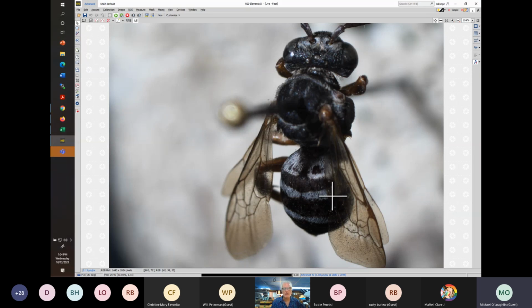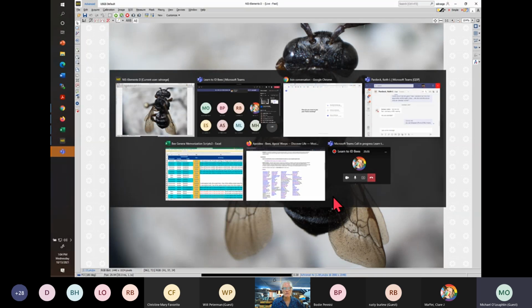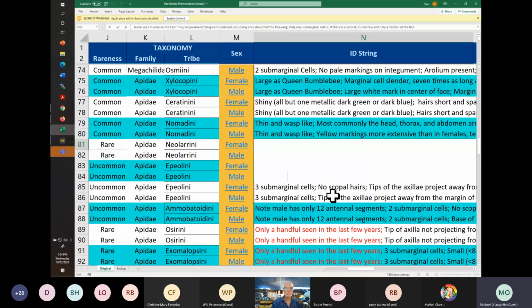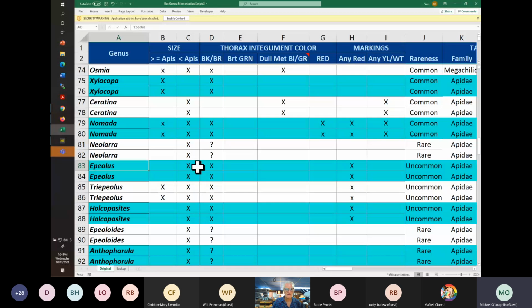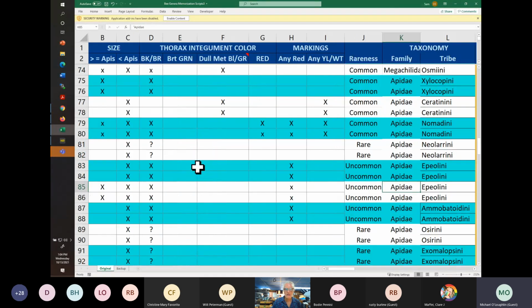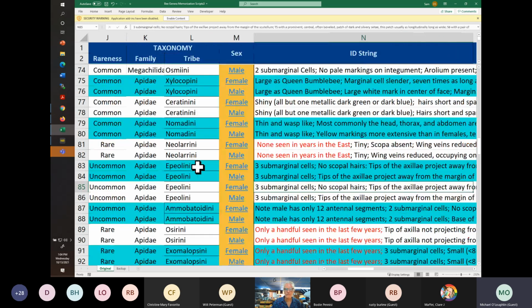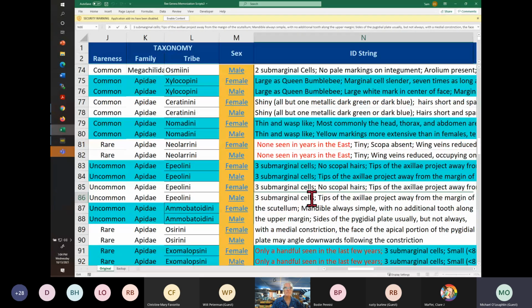So let's flip now to the bee genera memorization chart. And what we'll find is that I think this is Triepeolus here, and we're looking at a male. So we'll go down one. You'll find that the problems are Triepeolus versus Epeolus and telling the two apart. So we'll concentrate on that. They're relatively distinctive as